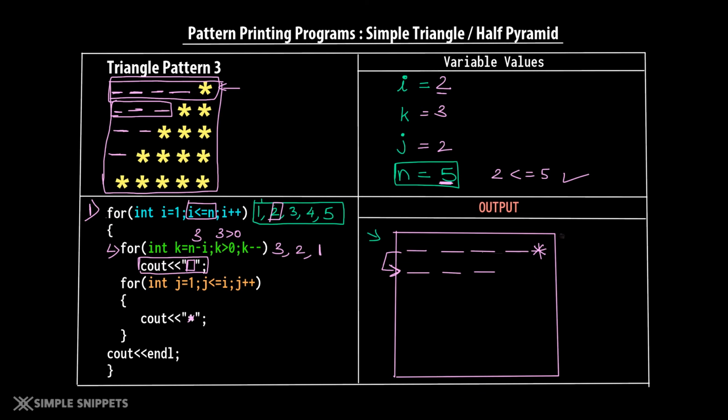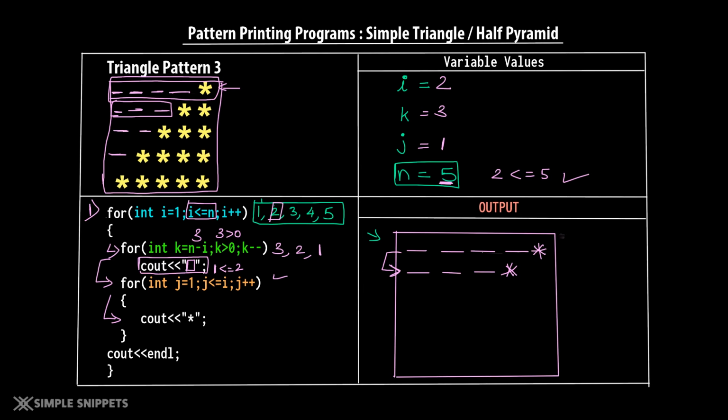Alright. After this, of course, we will exit this for loop and we will move on to the next for loop, which is the third for loop, which is actually going to print the pattern or print the stars. Now this time we will again say int j equals to 1, of course, so j becomes 1. Now we will say j less than equal to i. What is the value of i this time? i has become 2. j is 1. Is 1 less than equal to 2? Yes. So you'll go inside. You'll say cout star. So first star is printed, right?